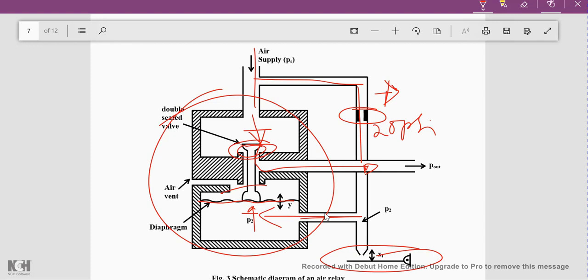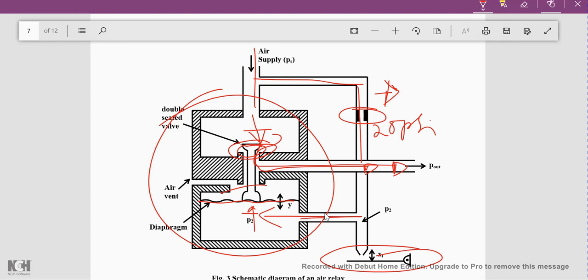The increase in the diaphragm will cause the movement of this valve to be shifted above. Because of that this valve will be moved above, so there will be an opening available here, and with that opening we will be able to get the air output here, whichever is the required value to us. With the help of this restrictor valve we can control the displacement Y, and